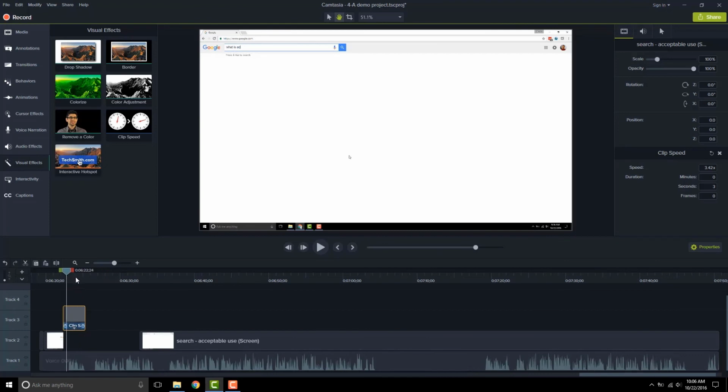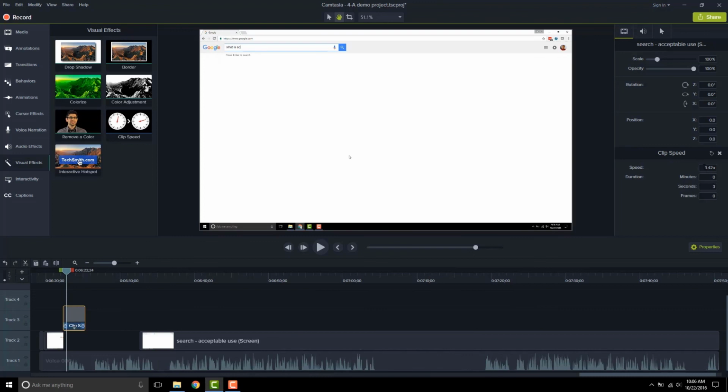Okay, so to speed up those clips, again, we went to Visual Effects, Clip Speed, we dragged it down, and then I can use these resizing handles if I have it expanded. Of course, I can't do that if I don't have this part expanded, so I can just grab those and resize to the duration I want, or I can come in here and I can just type the exact duration.